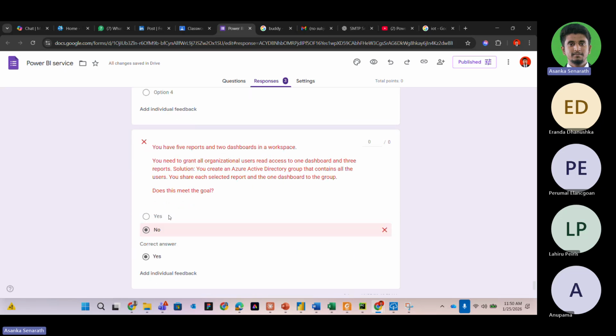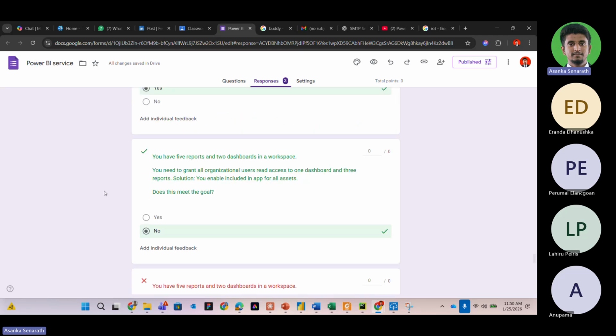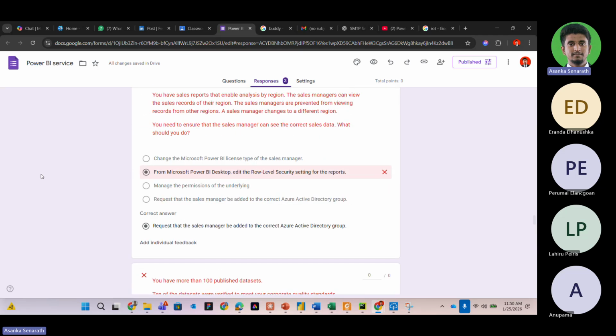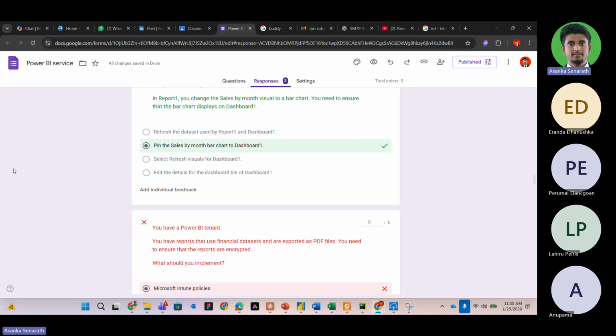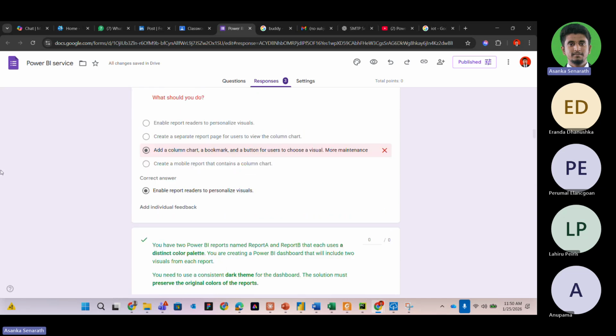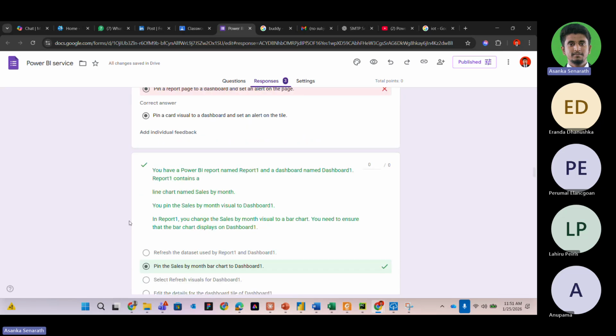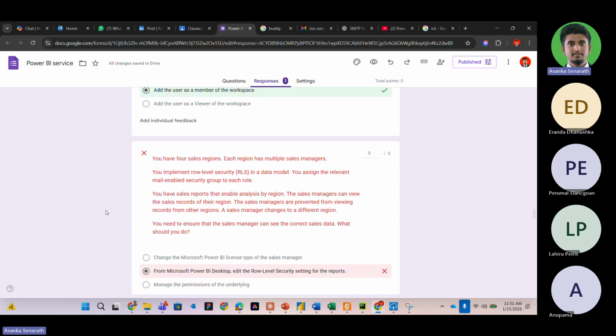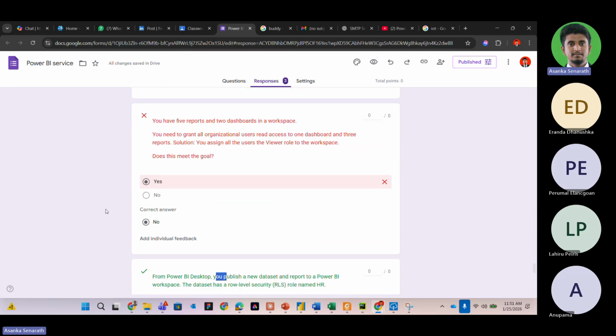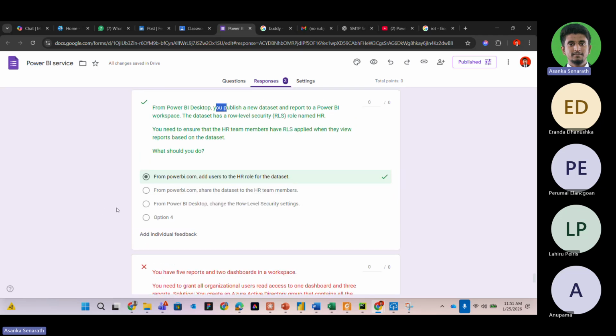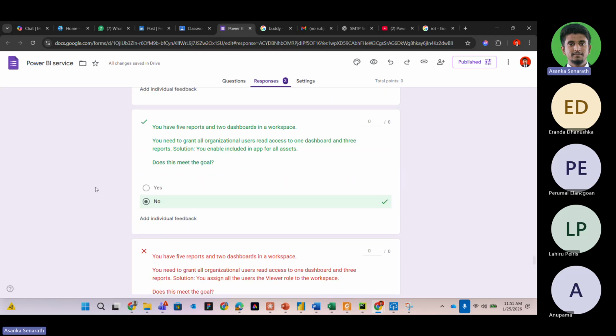So basically, this is the type of question that you will get on the Power BI service. Comparatively, you can see they're quite easy. And two questions will definitely come about the privileges of the workspace roles: admin, member, contributor, and viewer, and also about this. One of these four questions will come to the exam. Right? This is a must-come question. It will definitely come. Right? So this is how it's going to be, guys.